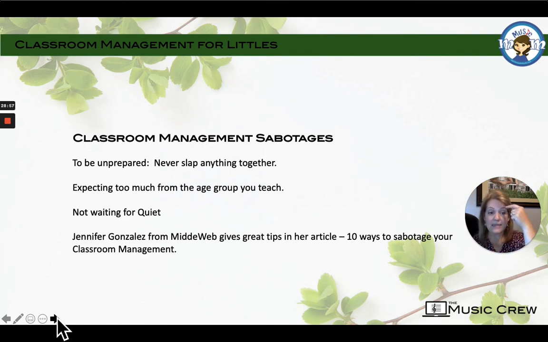That is a brain development sign, basically, that we can see in our 4-year-olds. Pay attention to those things. Know the age group that you're working with. Know what you can expect from them, what you can challenge them in, and what is way too much for their age and development.